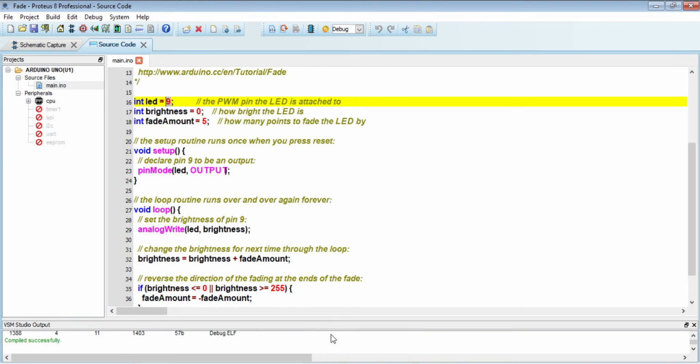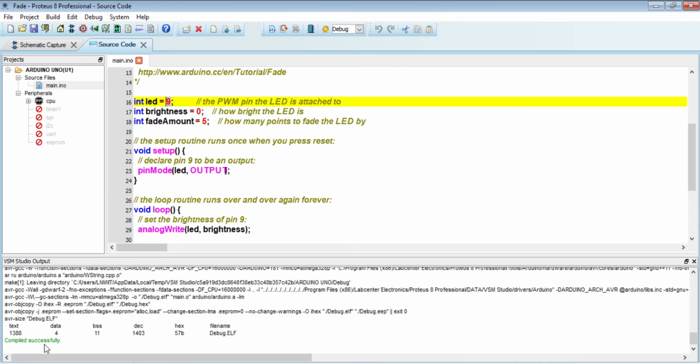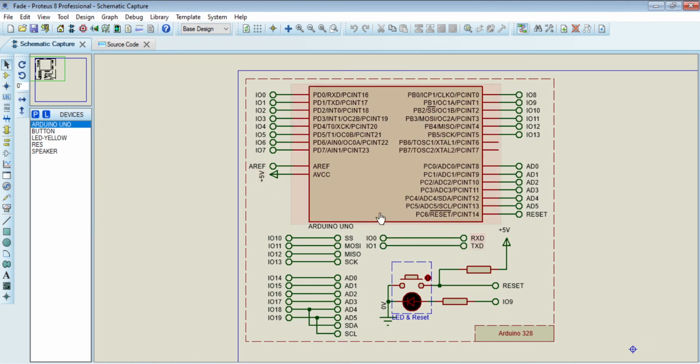So here the message shows the compilation is completed and compiled successfully without any error. So we can come to this particular schematic and run the program. And you can see the brightness of LED is changing